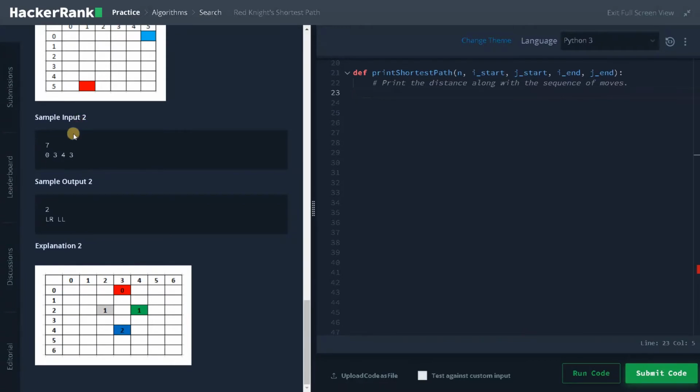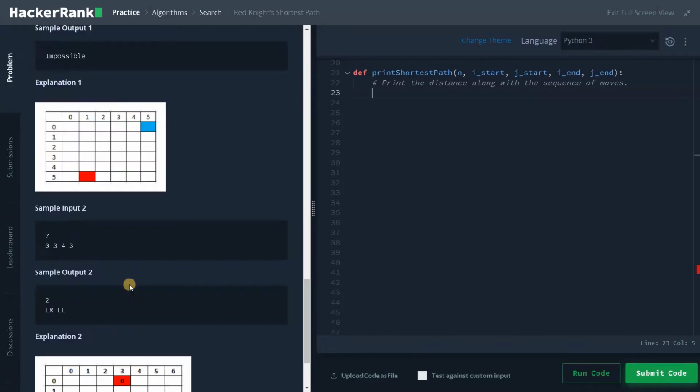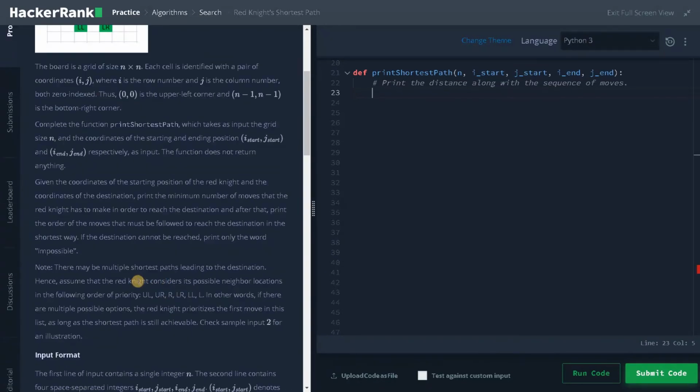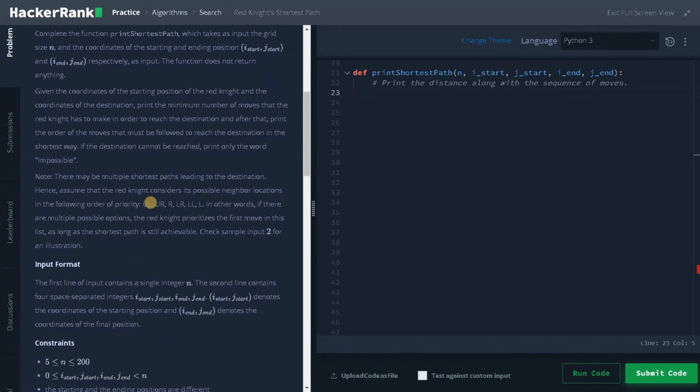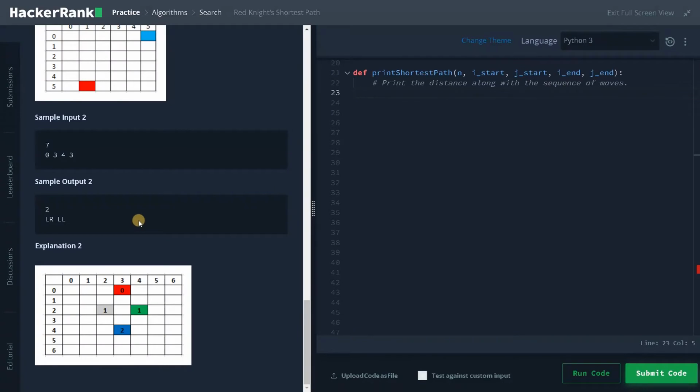And in sample input 2 we have two possible cases, so we can go to lower left and lower right. So I am going to go with lower right and lower left. So this possible path is the highest priority, so we have to move the knight in this priority: UL, UR, R, LR, LL, L. So I think the overall objective of this problem is pretty much clear.